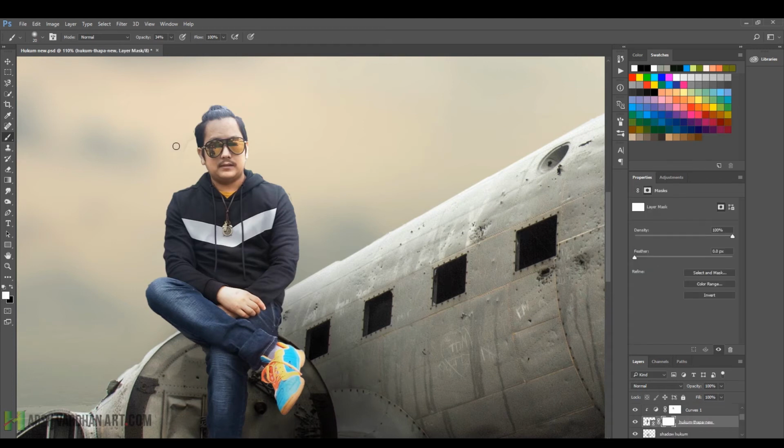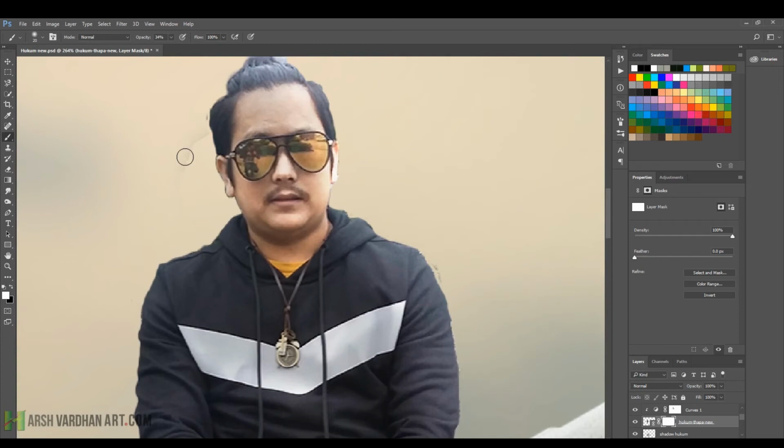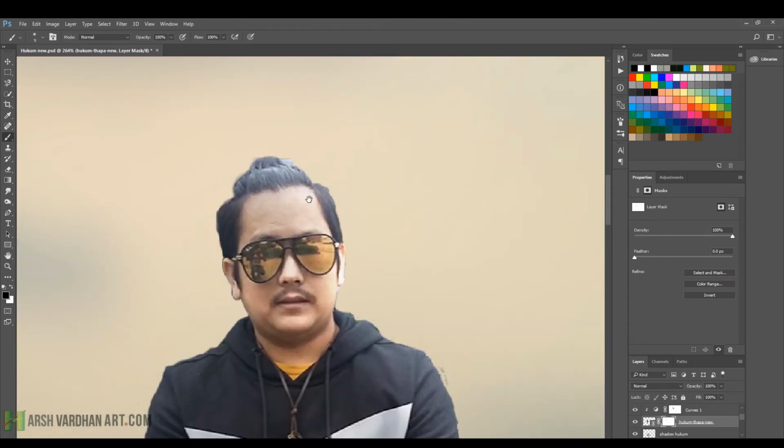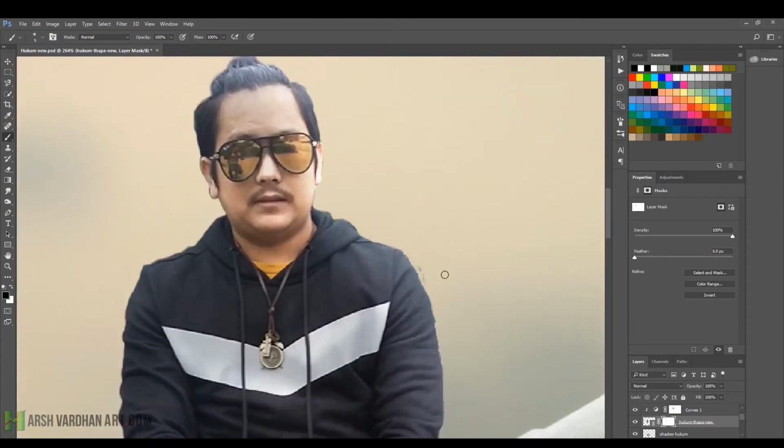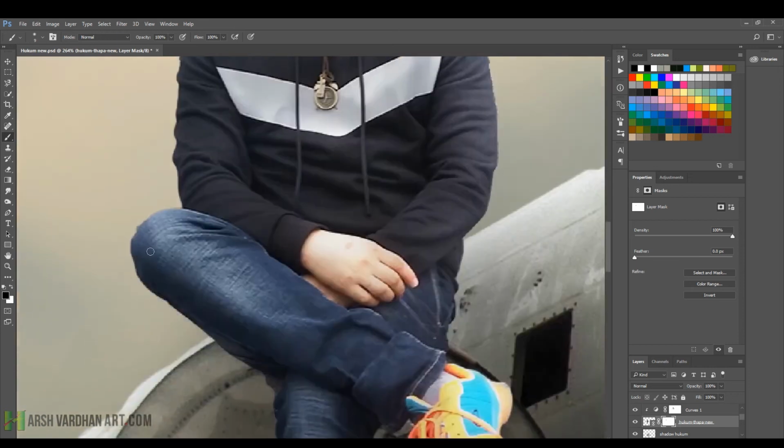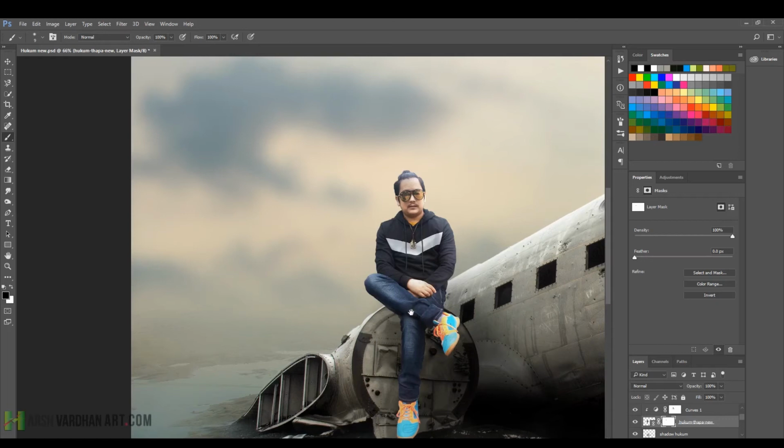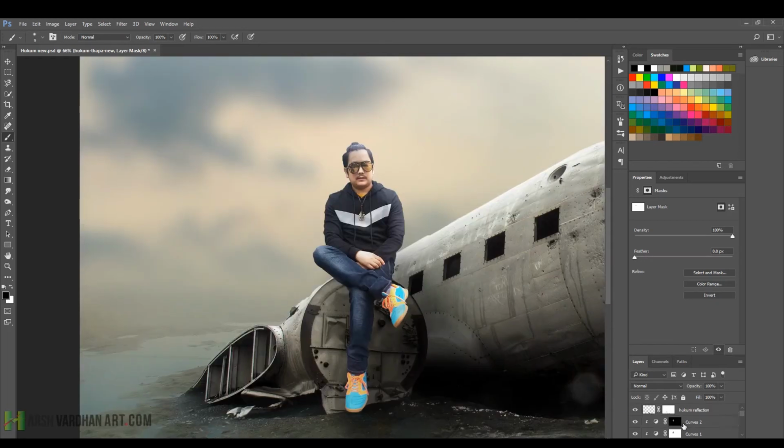And select this boy, and there is a problem, so we'll create a mask, and with the black color 100% opacity we are going to remove this spot and little bit from here and little bit this one and on the knees. Okay, and this one is looking good,